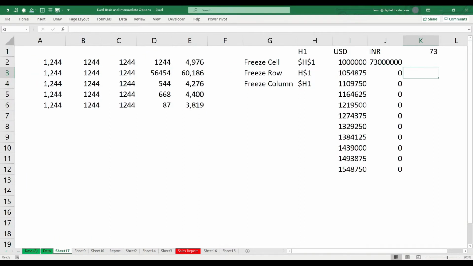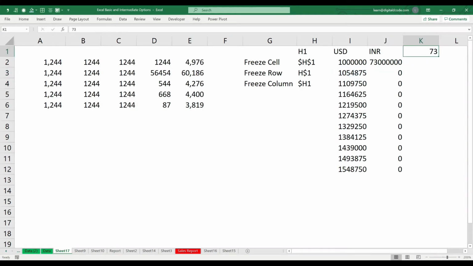The same mistake happened here also. In the first cell, it's picking USD multiplied by the currency rate. But in the second cell, now here I have I2 and K1. If you go to the second cell, I2 becomes I3, K1 becomes K2. So this is fine, it's picking the same data. But in the initial cell, it was picking 73, and now it's moved to the next cell, which is blank. Because of that, we are getting 0.